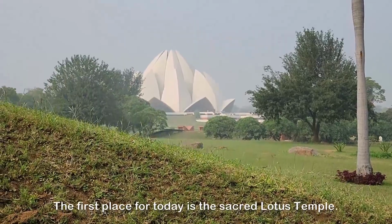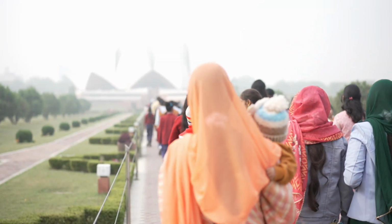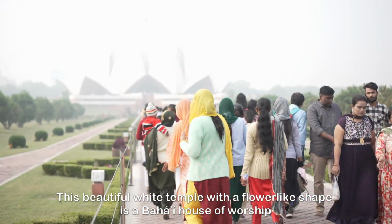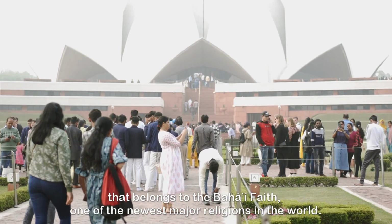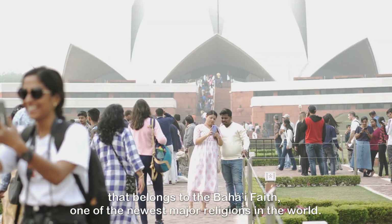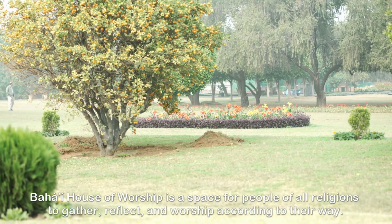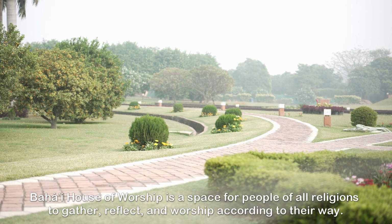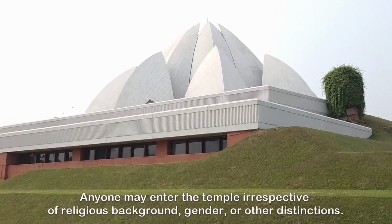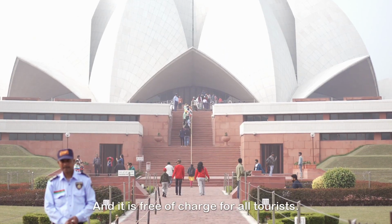The first place for today is the sacred Lotus Temple. This beautiful white temple with a flower-like shape is the Baha'i house of worship that belongs to the Baha'i faith, one of the newest major religions in the world. Baha'i house of worship is a space for people of all religions to gather, reflect, and worship according to their way. Anyone may enter the temple irrespective of religious background, gender, or other distinctions, and it is free of charge